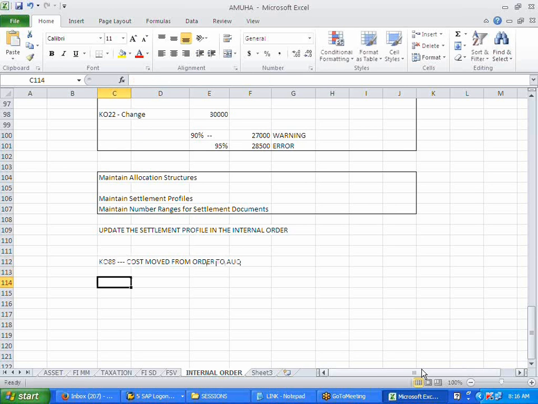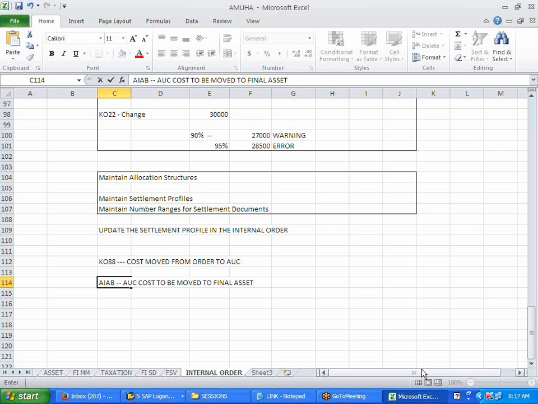Now I need to move the cost. I don't know, let us take AIAB or something. Line item V2. This AUC cost is to be moved to the final asset.